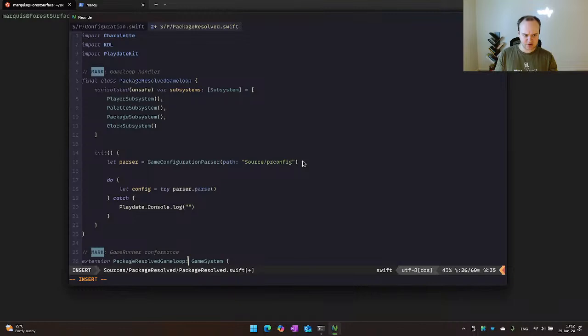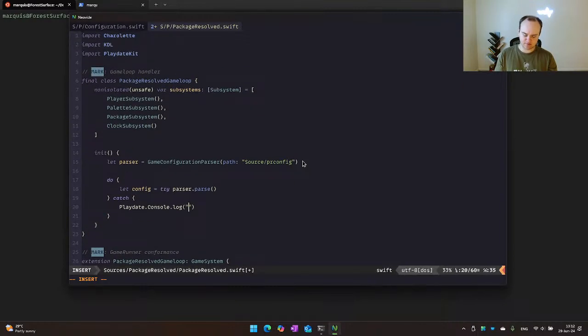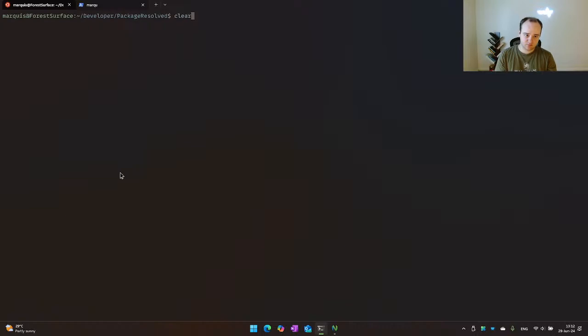Yeah, strangely enough, the Playdate symbols aren't... Okay, fine. Parsing failed. Make.